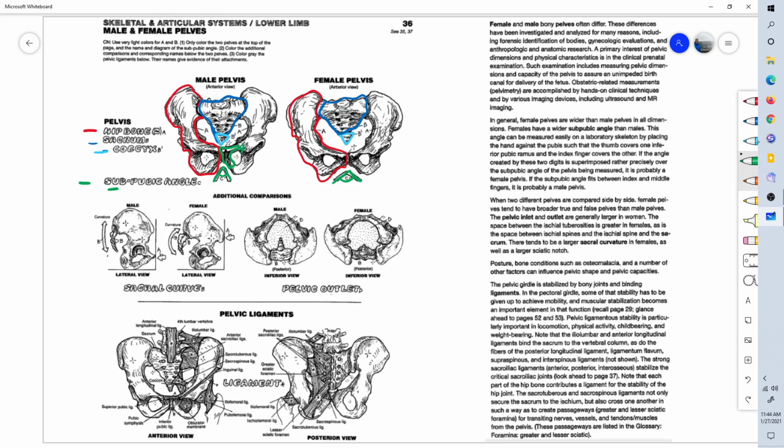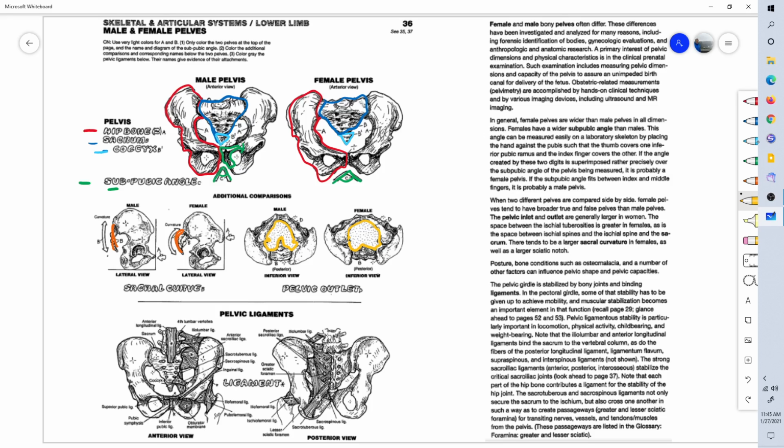Also notice that the sacral curvature, back here, is greater in females, or the curve is more significant in females, where it's flatter in males. Also note that the pelvic outlet is greater in size in the female than it is in the male. This makes sense. Females have to give birth, so the pelvis is made so that a baby can fit through